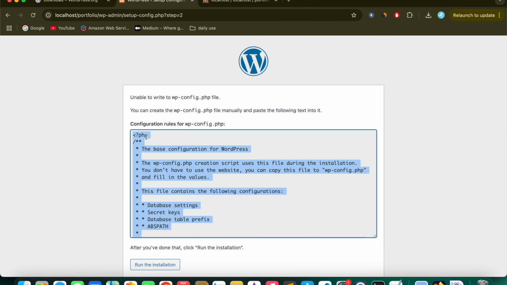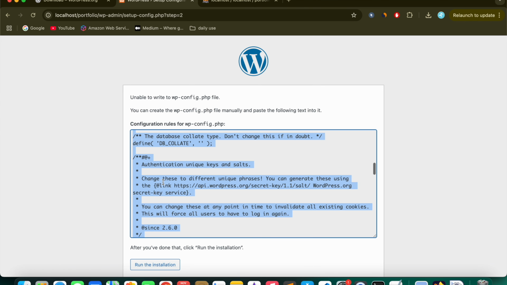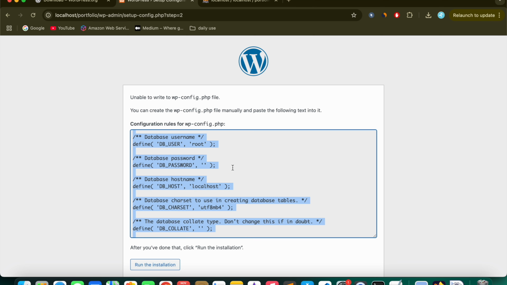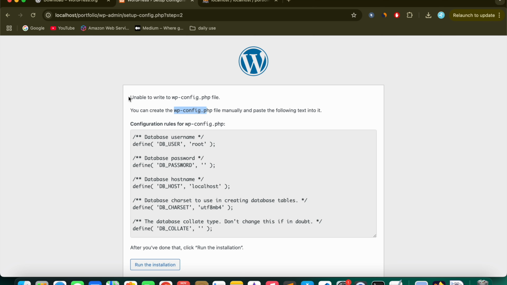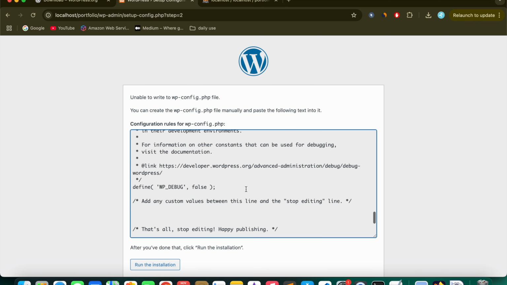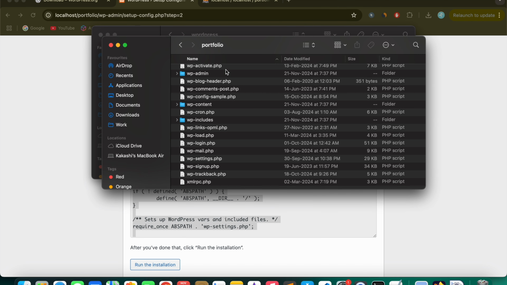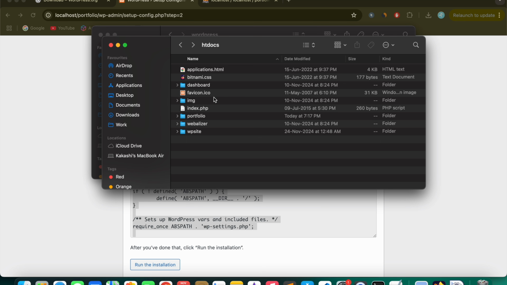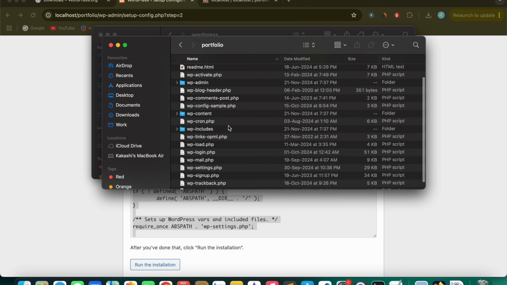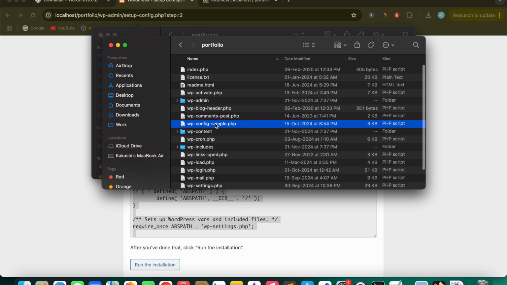When we submit, it will ask us to add these lines in the wp-config file, as it is automatically unable to add these lines because of some permission error. So we need to add these lines manually. We will copy all these lines and go to our project directory, which is portfolio in htdocs. Here we will look for a file called wp-config. Here it is. We need to edit this file name by removing the sample part from it, and it should be like